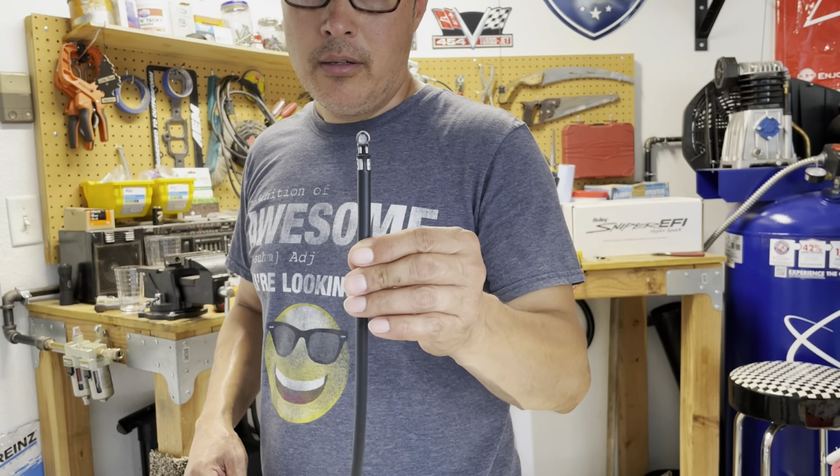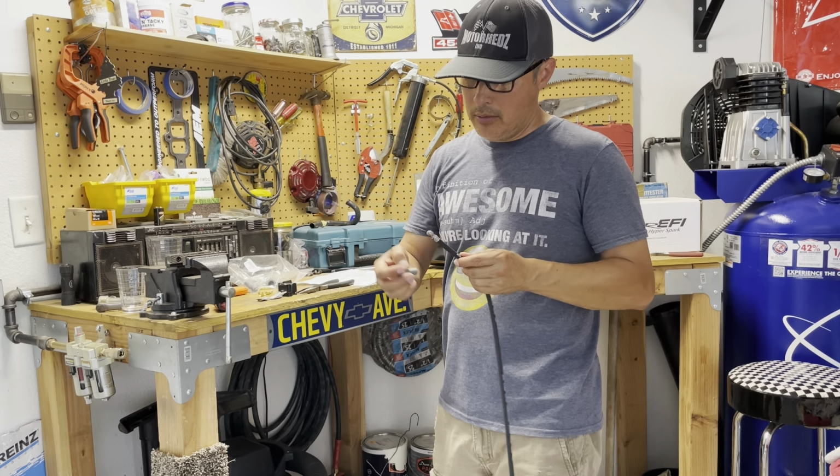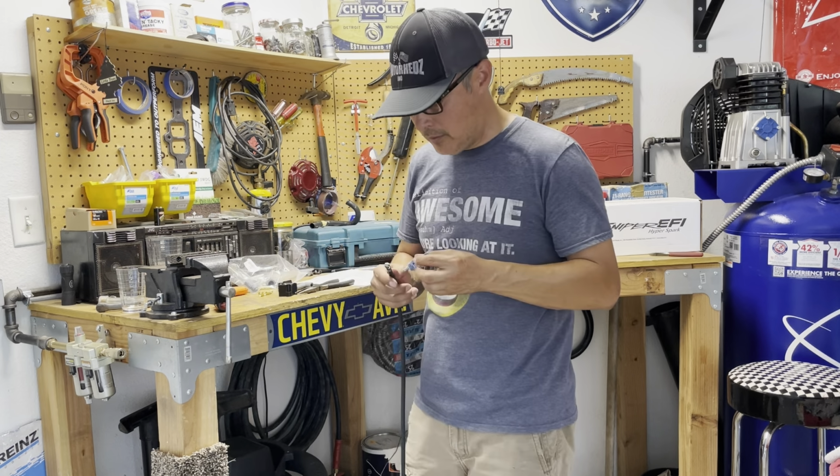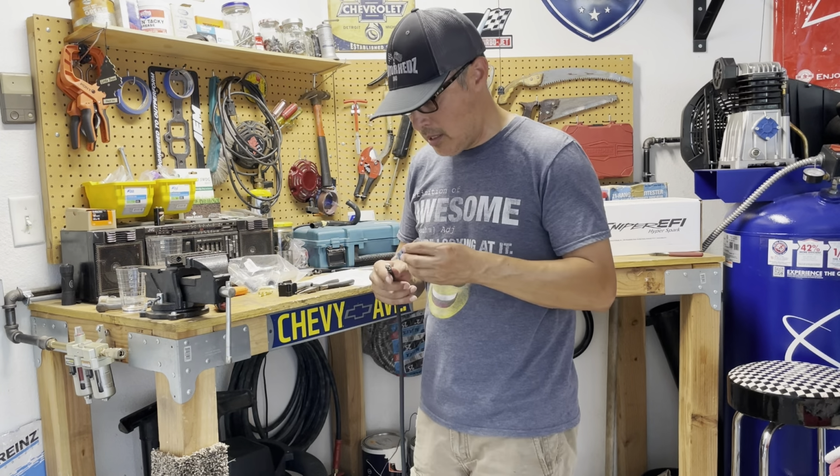Now I've done this before, and I've put the boot on before you put the connector on, and then I'll pull the boot back. A lot of it just depends on how bulky the connector is at the end there. This one is not very large. So what I'm going to do is put some dielectric grease on it, so I can lube it up a little bit so it'll slide in easy,